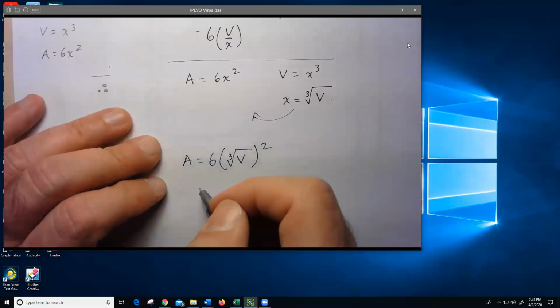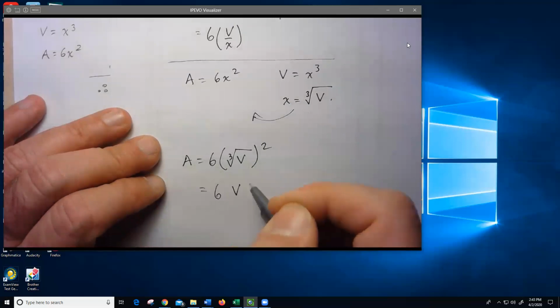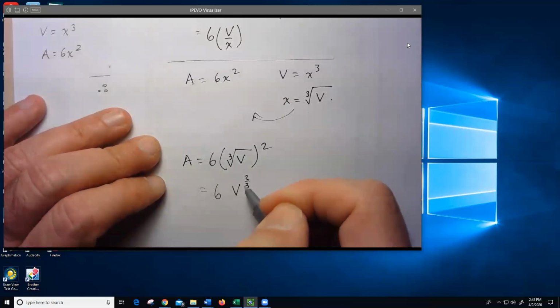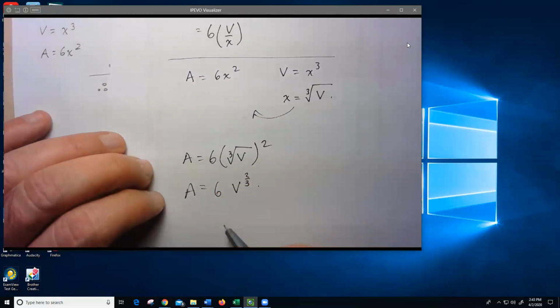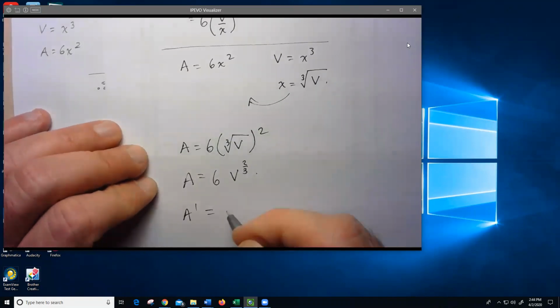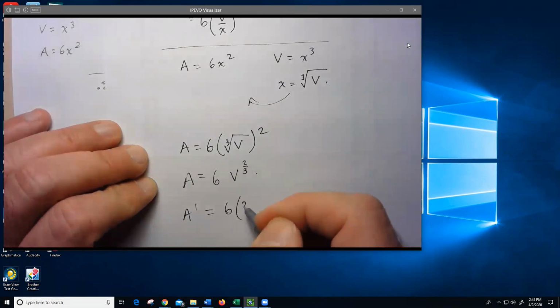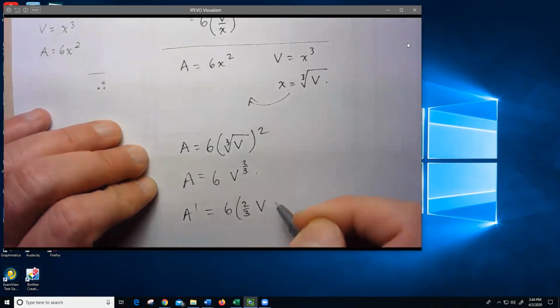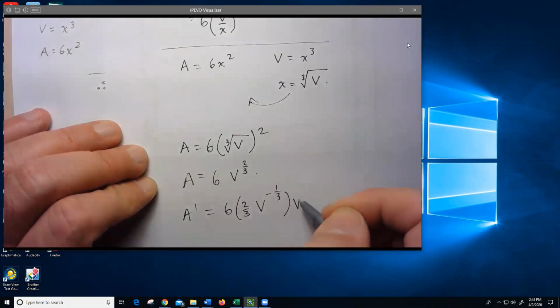Which in the end is not so bad, because I can just write this as V to the 2/3, and now I can differentiate both sides, okay? A prime is just equal to 6 times 2/3, V to the negative 1/3, times V prime,